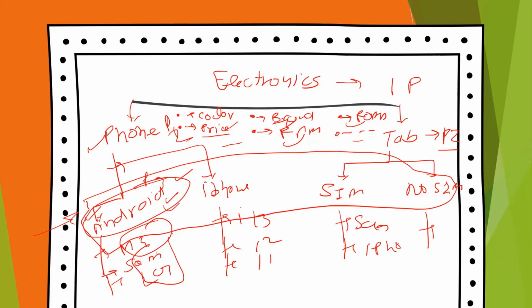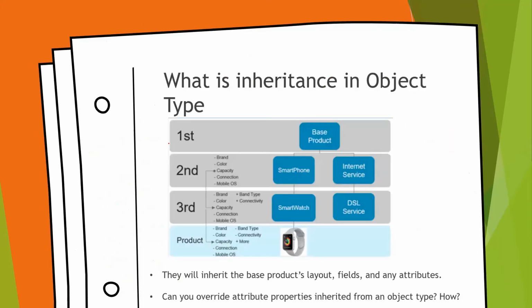We will discuss this, and I will show how we can do that. But this is the entire hierarchy, which I think I have displayed in this slide. It says the same thing. At the P2 level, we have brand, color, capacity, connectivity, and mobile OS. Further, we added these two parameters, and all those parameters get inherited. At the product level, we added some more specific attributes and fields. So this is the entire structure of how we use inheritance.